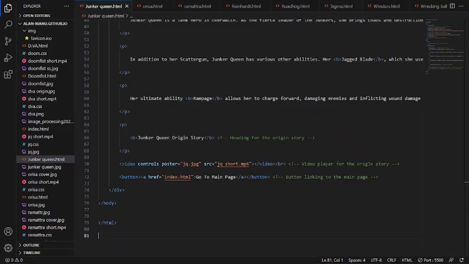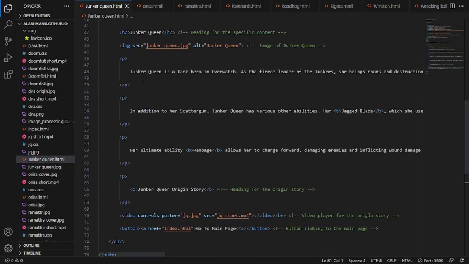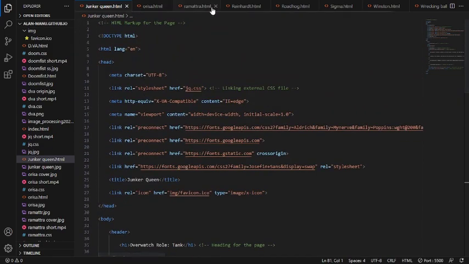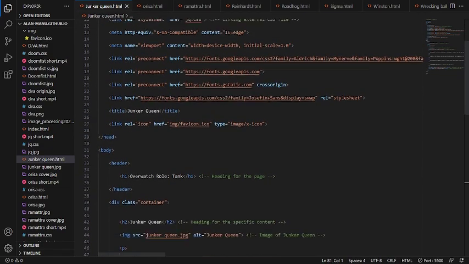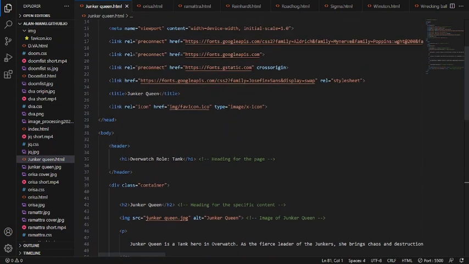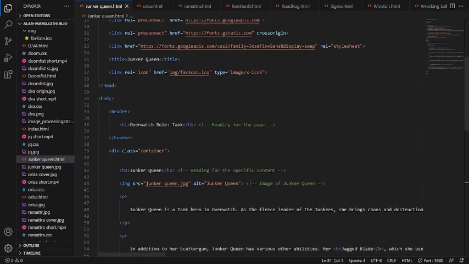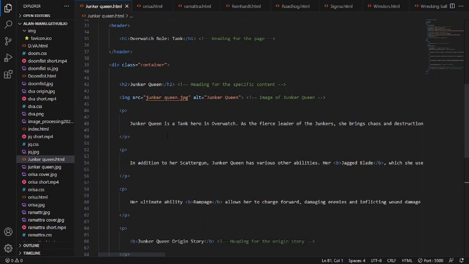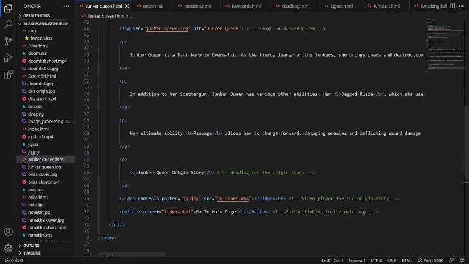Now let's look at the code for Junker Queen. Junker Queen's code is the exact same. I've done the exact same code for every single hero. So it's basically body, header, div class container, Junker Queen is a tank hero, information on Junker Queen, then Junker Queen's origin story. I've done a p tag because heading was too